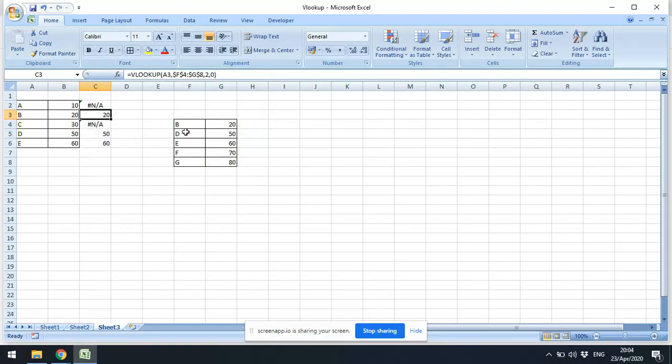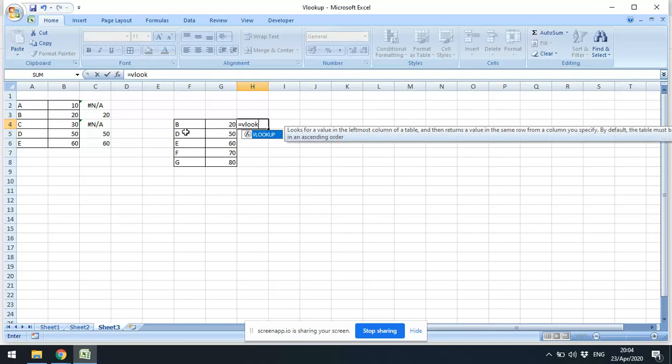If you can see, the items for which the value came out are there in the second list, and those for which it's not there come out as NA, which is an error. Exactly the same thing I'll do here, just by changing the array list.